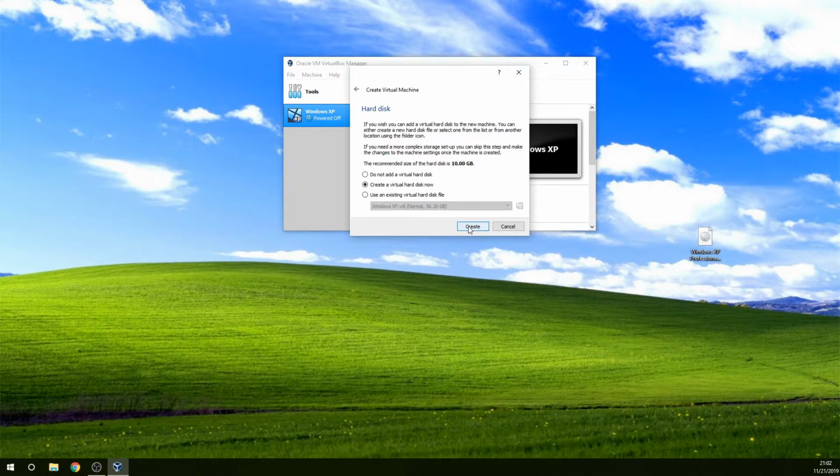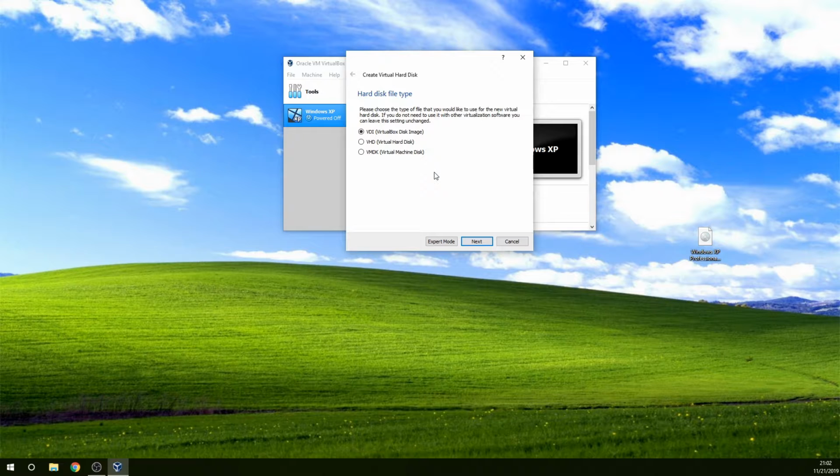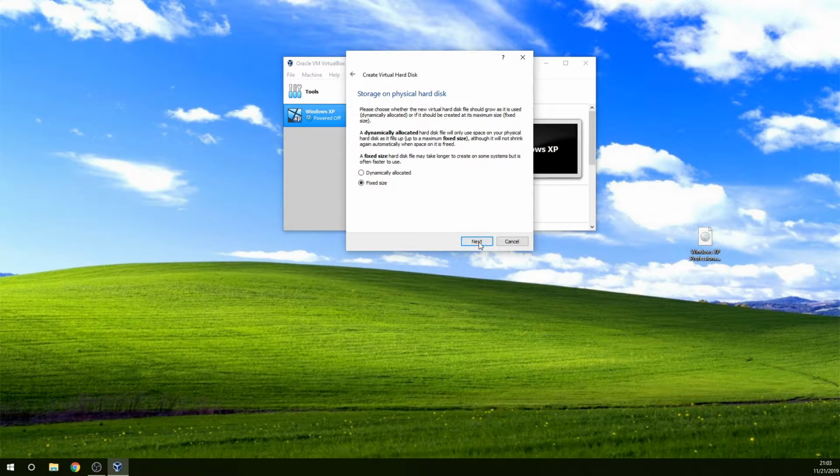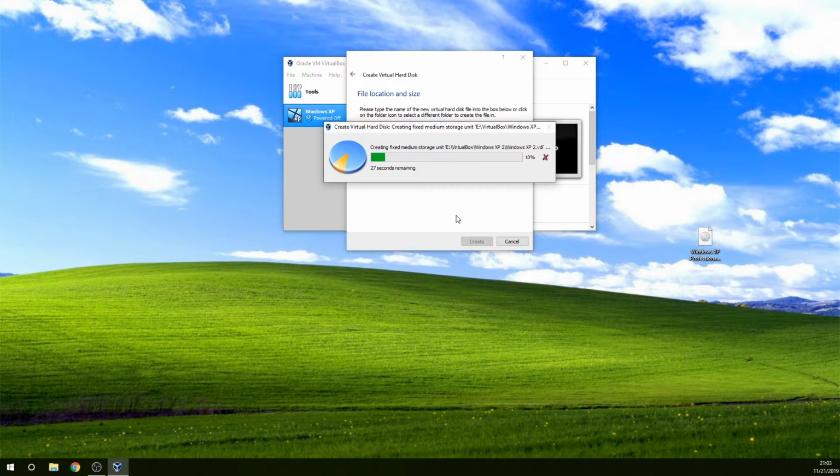Most of the settings here are fine. The only thing that we are going to change is the fixed size for the disk. This way we can set how much of that disk space should be allocated for our Windows XP install. Here we have 10 gigabytes, that should be plenty. Now it's going to go through and allocate that space, and I'm going to skip ahead so that you don't